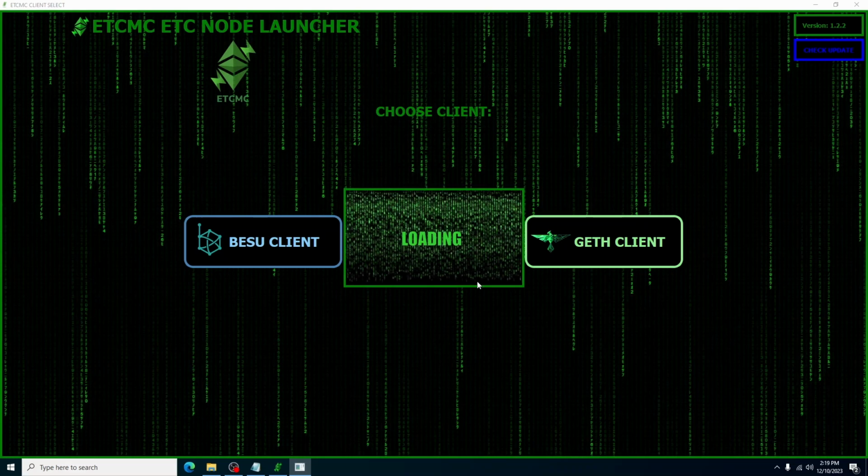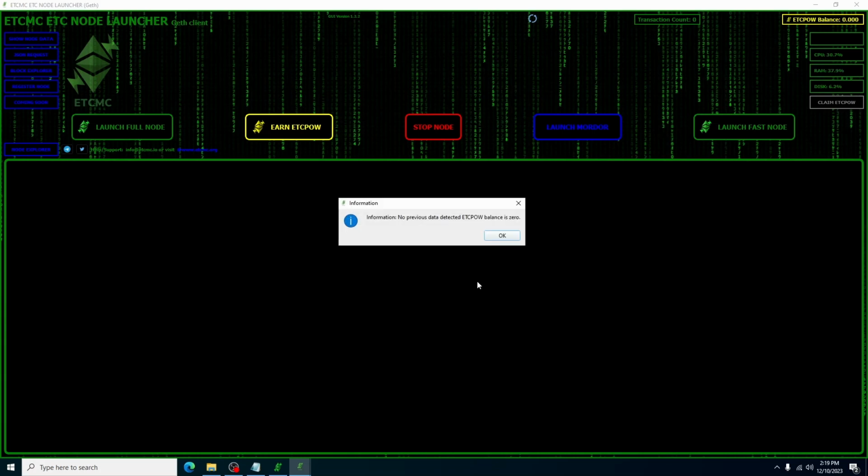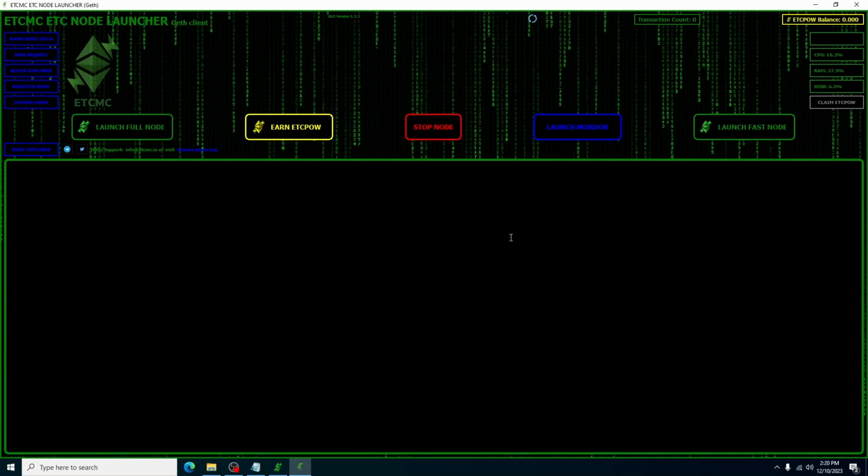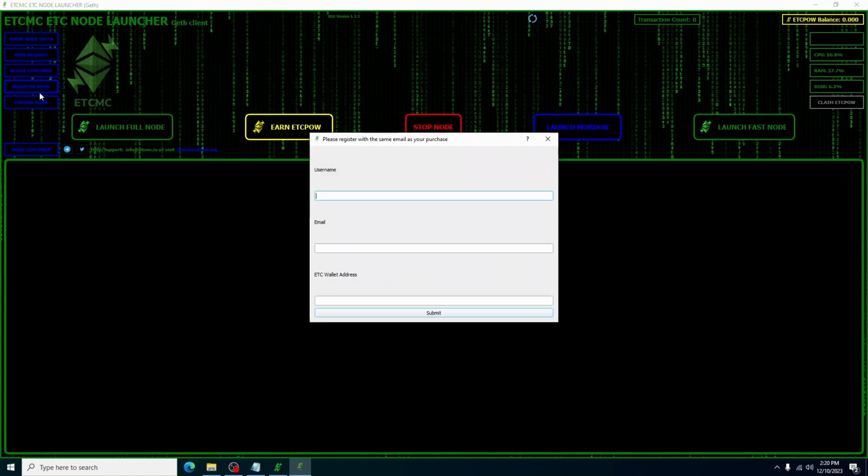There we go, there's our matrix. No previous data, so our balance is 0. So now we go to register the node. The way I'm doing them is I put in my name and then dash whatever number this one is. This one's number 7. This is important. Remember this exactly,